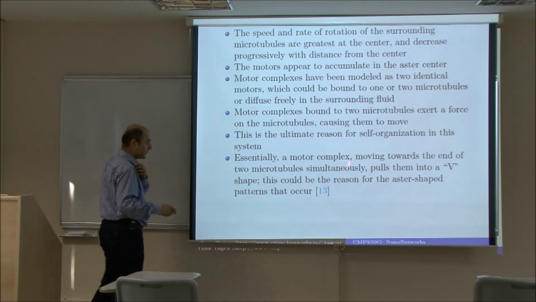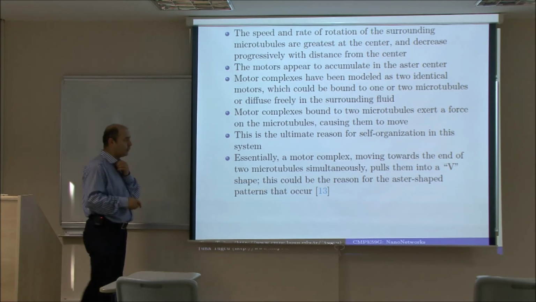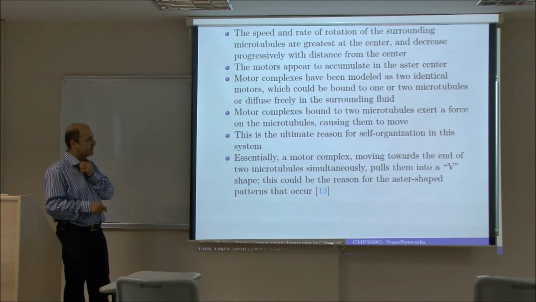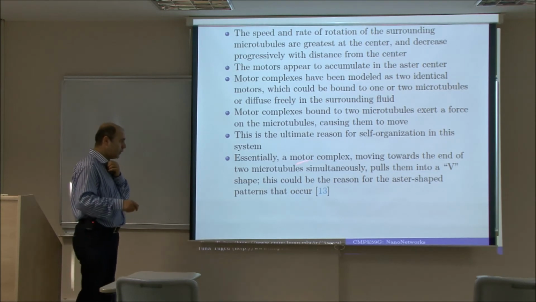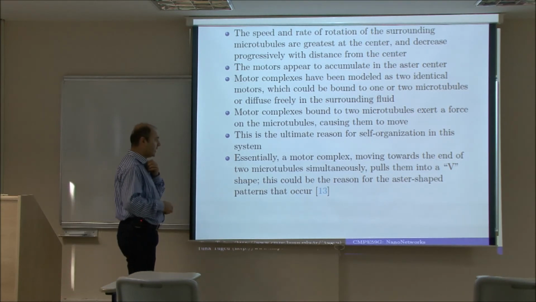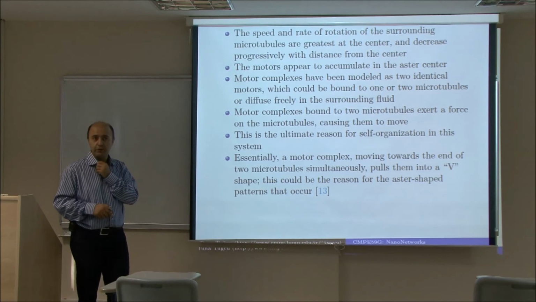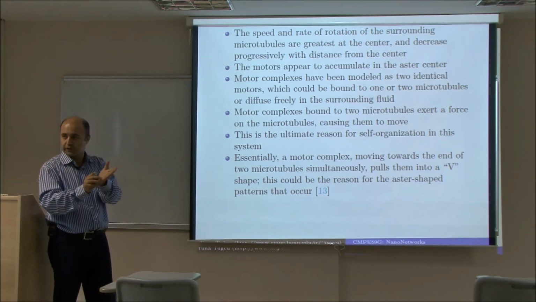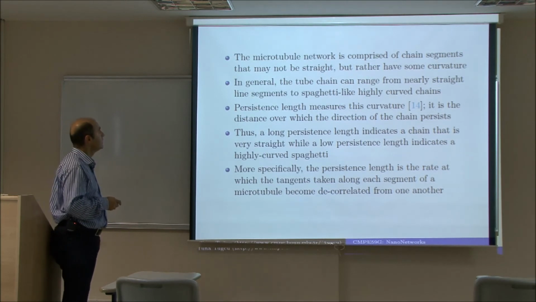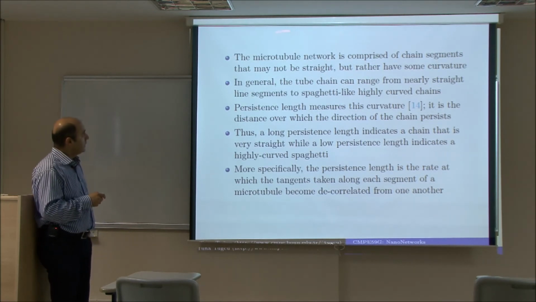So a motor complex moving towards the end of two microtubules simultaneously typically will cause a V shape. Probably that could be the reason for the aster-shaped patterns that occur, because the V is actually towards the center. V is forming the center. The microtubule network is typically comprised of,